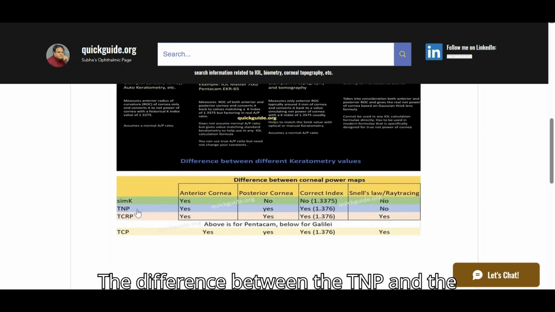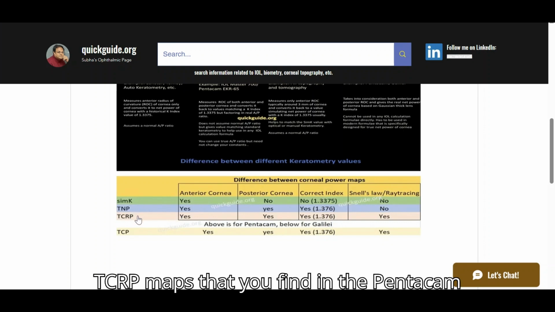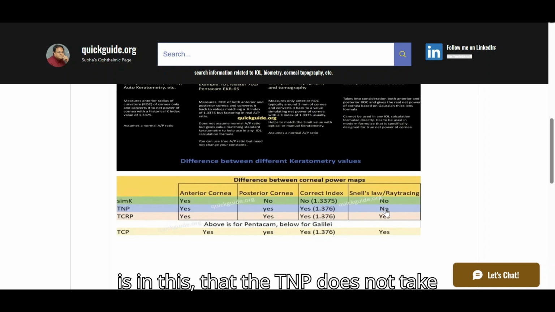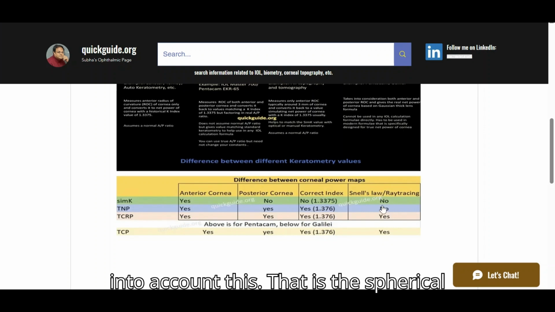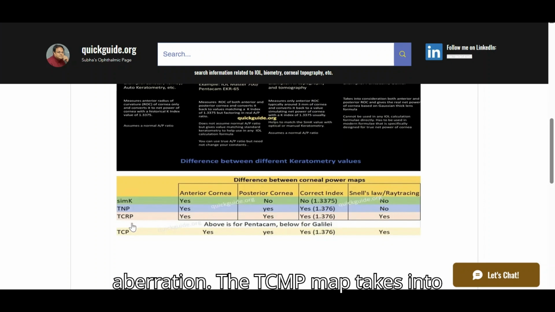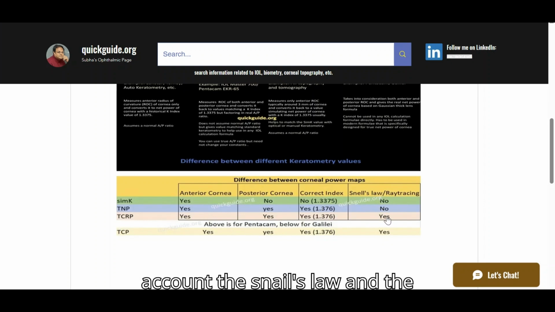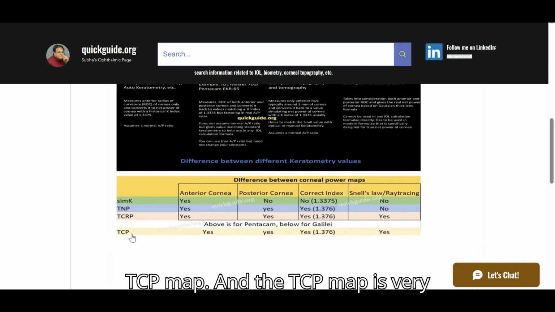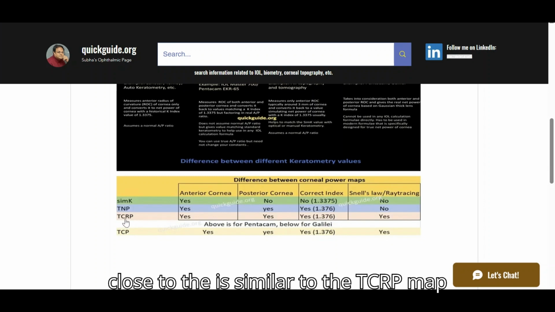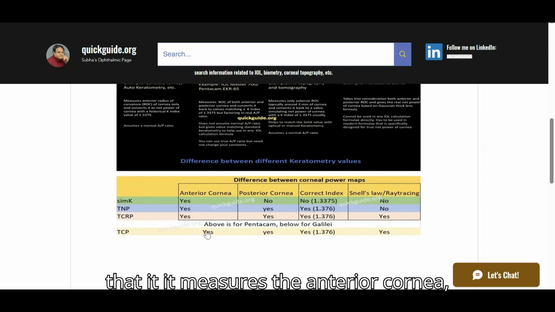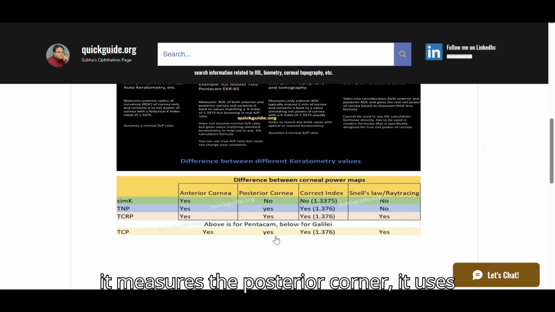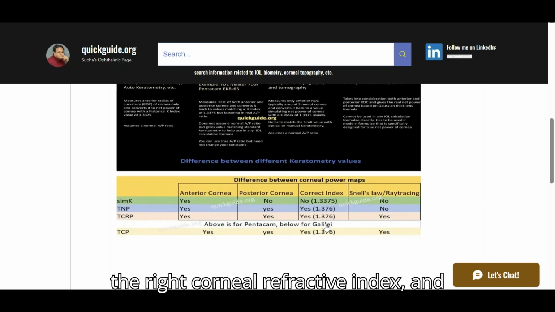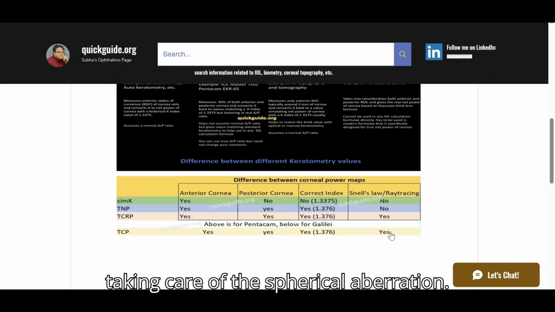The difference between the TNP and the TCRP maps that you find in the Pentacam is this: the TNP does not take into account Snell's law, that is the spherical aberration. The TCRP map takes into account Snell's law. And the map that you get from the Galilei is a TCP map, and the TCP map is similar to the TCRP map, in that it measures the anterior cornea, it measures the posterior cornea, it uses the right corneal refractive index, and it also uses Snell's law, taking care of the spherical